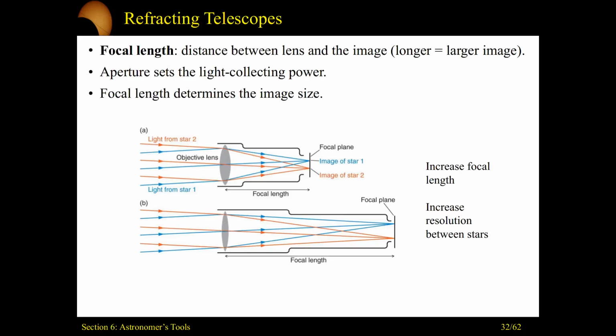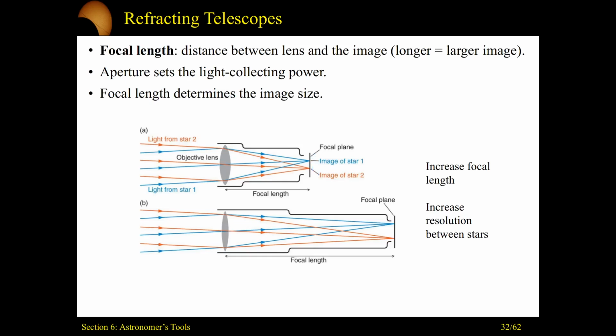Let's begin our discussion of telescopes by starting with the refracting telescope. And these will work on the principles of lenses bending, refracting light to a focus. So we'll have an objective lens that fits into the aperture of your refracting telescope. The bigger the aperture, the more light collecting power, the more light you can pull in. And the focal length of your entire telescope will be the distance between the objective lens and where you see